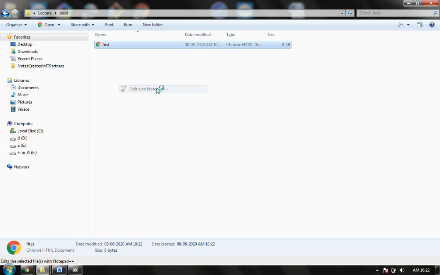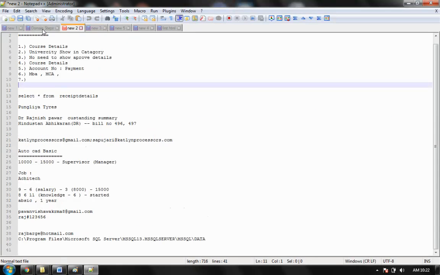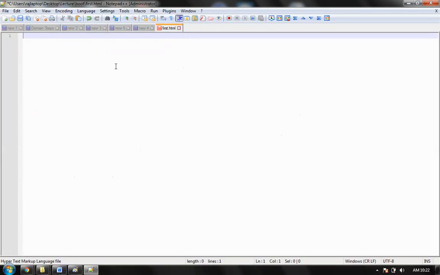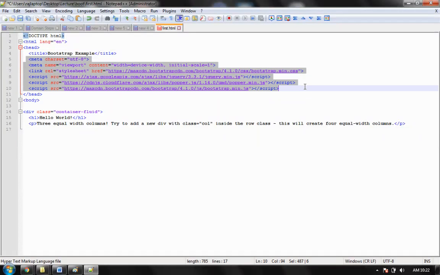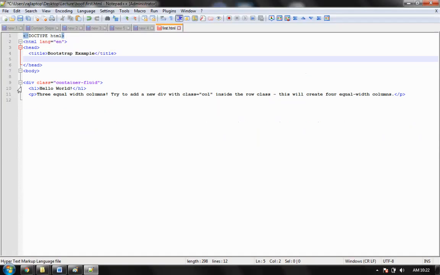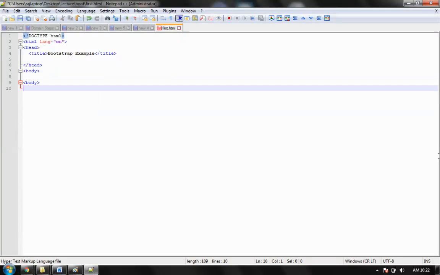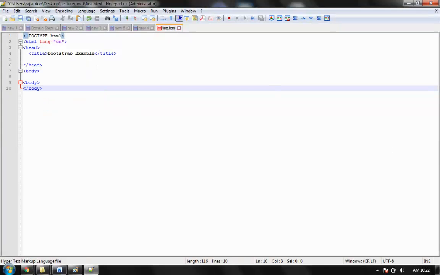I open this file in Notepad++. I'm starting with the basics of HTML. So what is HTML? It's a standard format. It's the basic command, that is HTML. If anything is available, I'll prefer that. I'm just copy pasting it. This is my HTML, which has a basic feature. I will remove this. So it ends here by saying body, and it ends here by saying body again. Okay, so this is the basic thing.